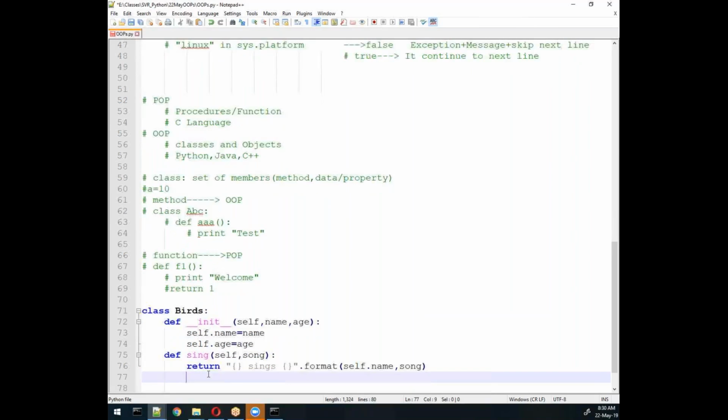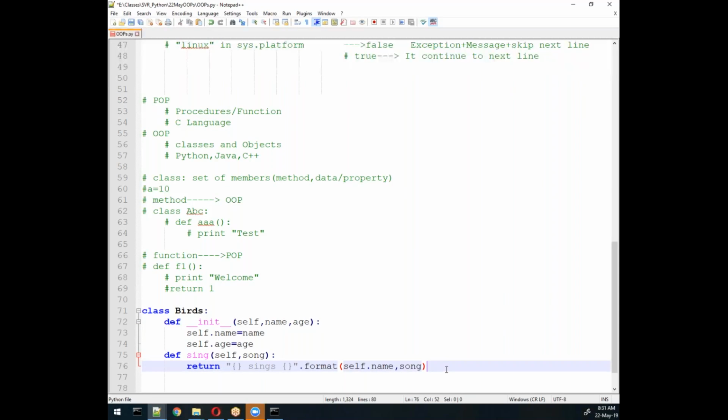So what do we mean by this? Let me tell you, Birds is a class, whereas this is called a constructor. When we create an object of the class, remember, this is a class, it will create the same structure, whatever we have here. So that time self is an object which will help us to fill the information, and we can pass it from one method to another method